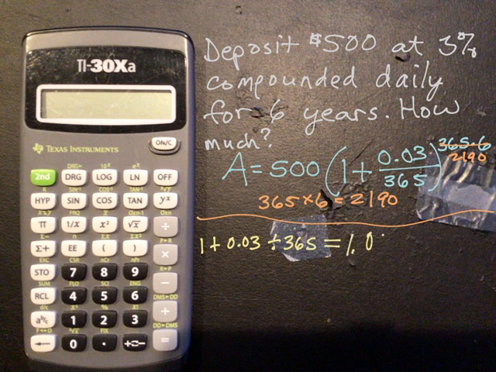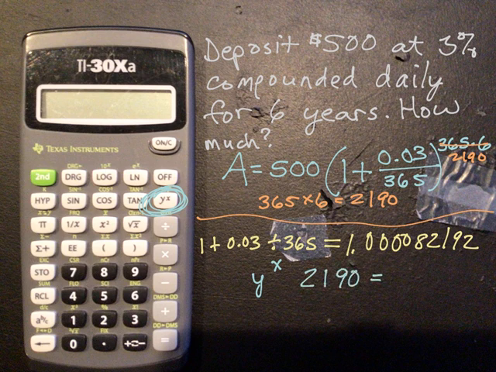I get 1.000082192. I then hit Y to the X. Again, that's right above the division sign. Y to the X, my exponent is 2190. I hit equals and I get